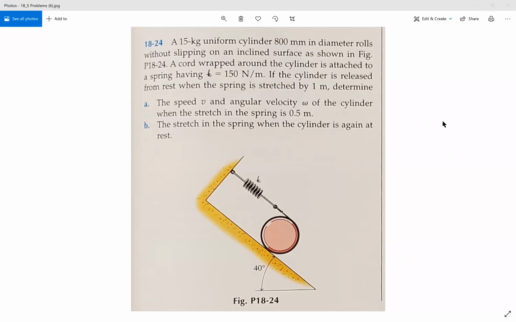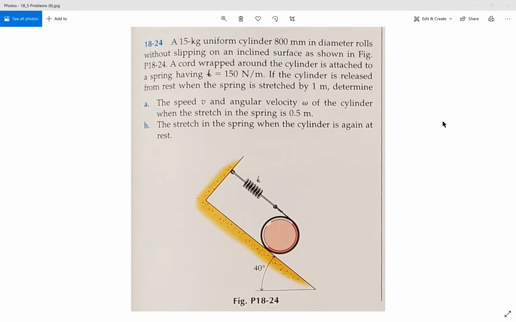This is problem 18-24. A 15 kilogram uniform cylinder, 800 millimeters in diameter, rolls without slipping on an inclined surface as shown in the figure. A cord wrapped around the cylinder is attached to a spring having a k constant of 150 newtons per meter. If the cylinder is released from rest when the spring is stretched by 1 meter, determine A, the speed v,